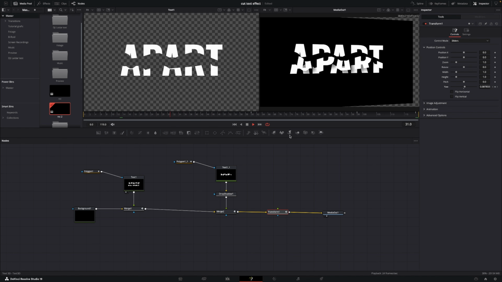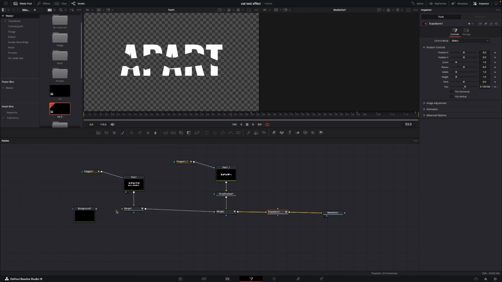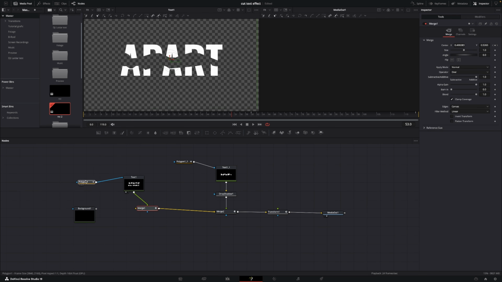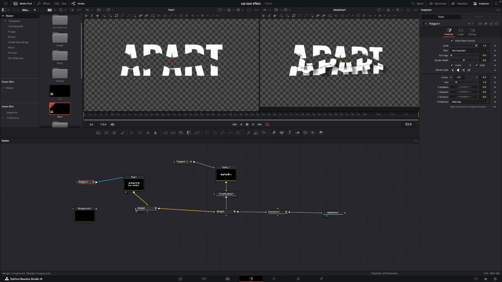However, this is affecting the background here as well. And that's not necessarily what I actually want. So I'm going to take off the background. Everything will now disappear. Not to worry, it will be back again, because I'm just going to change this into the merge input here. So now it's back again. So now we have the whole animation here with things falling apart and